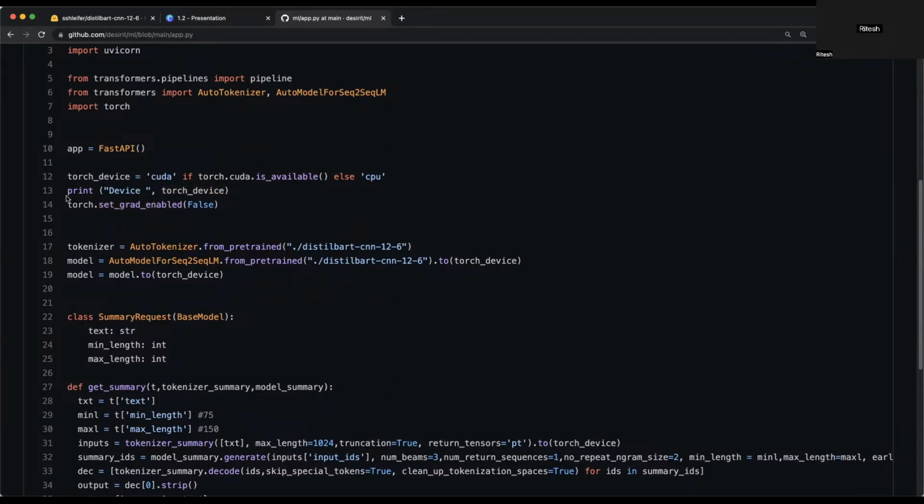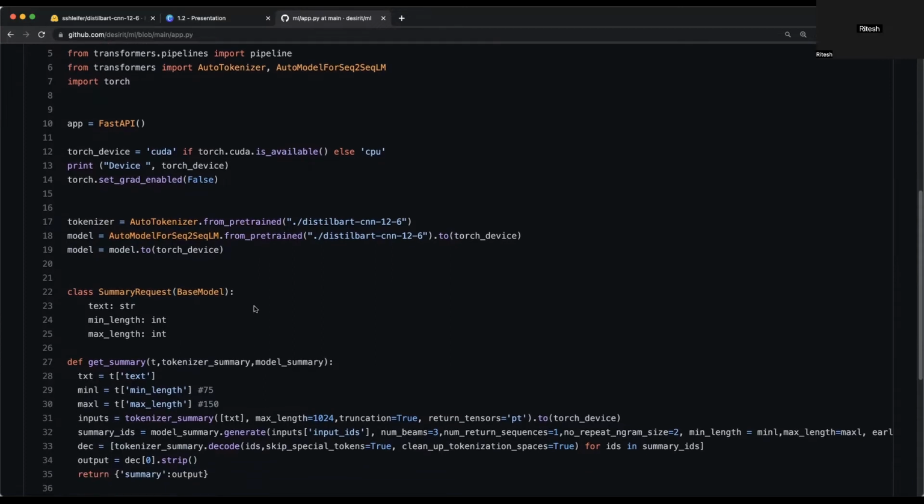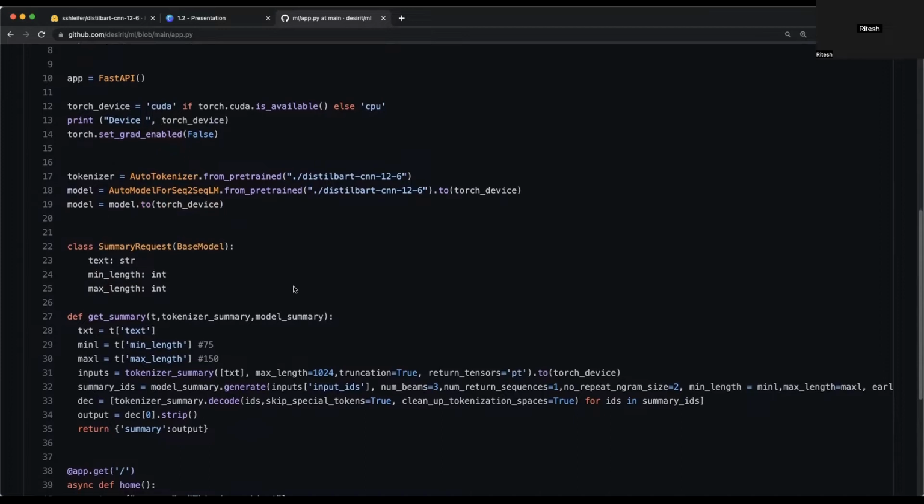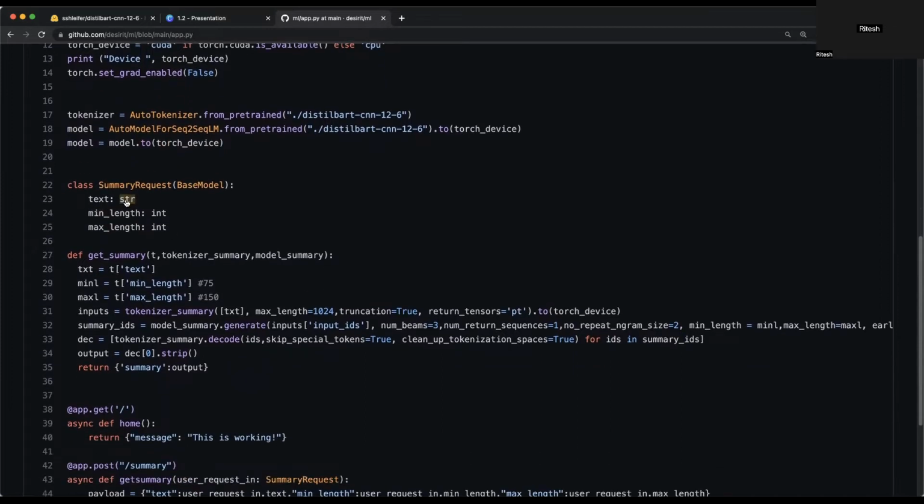So then we are bringing in our tokenizer model, what we had brought in from that earlier file, what we saw. And we ask that model to run on the torch device. The torch device is the GPU. So now that model is running, once the model is run, it's expecting some text in a string format. It's expecting the minimum length and maximum length, two integer values. And there are some